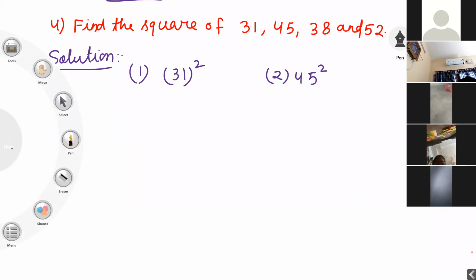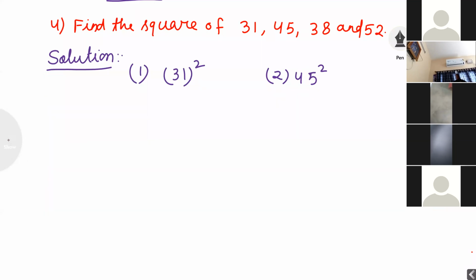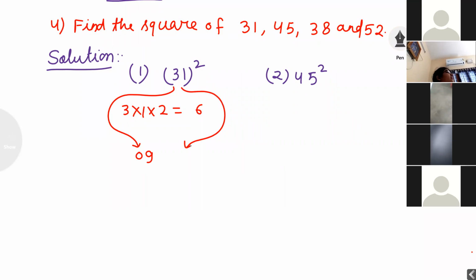Okay, again, those are unable to solve. Again, I'm explaining that question. Concentrate here. I want to find out square of 31. Firstly, I want to multiply 3 into 1 into 2. Answer has come 6. Again, 3 square is 09. 1 square, 01. Now digit is 6. I want to add here. 6.